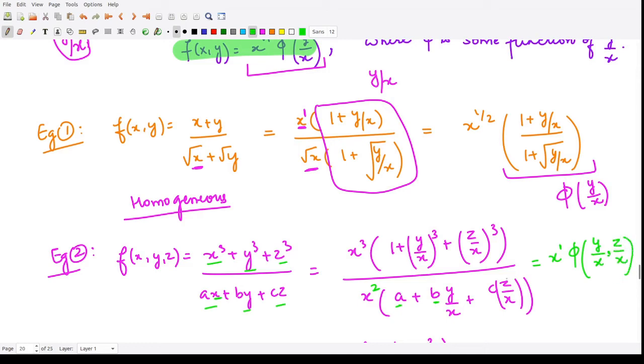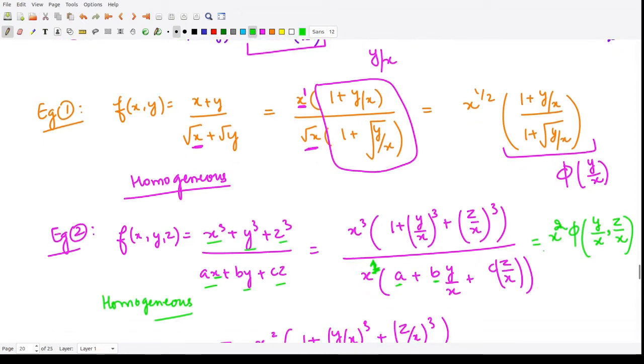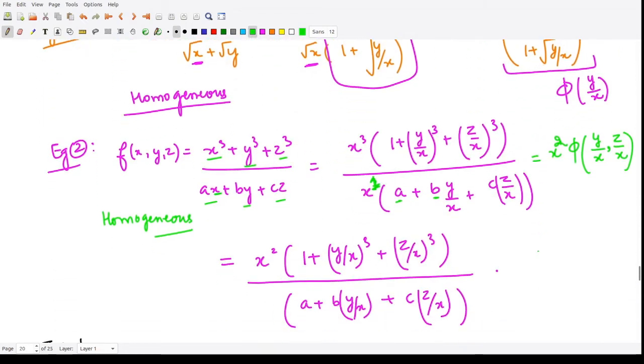So that means your function now is also a homogeneous function, and it is a homogeneous function of degree 1, yes, degree 1. Okay, and suppose I have another function,